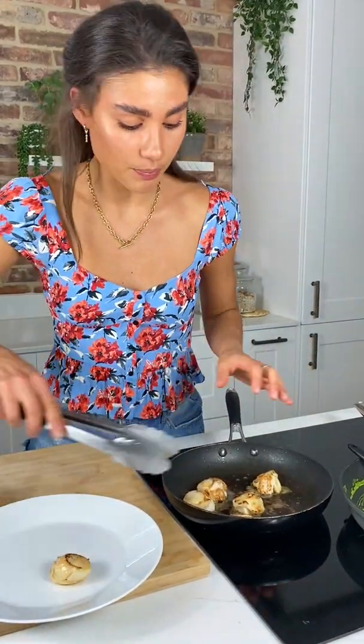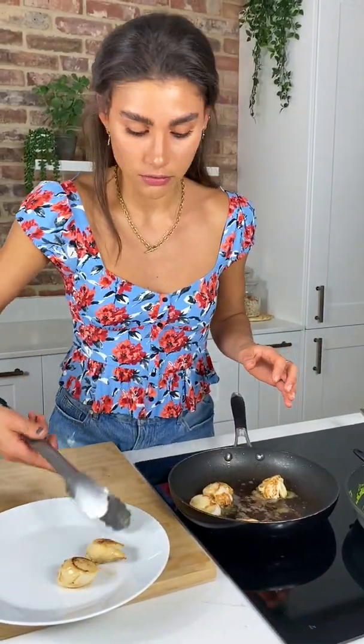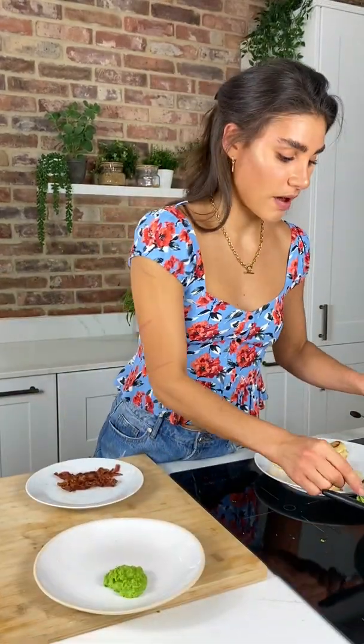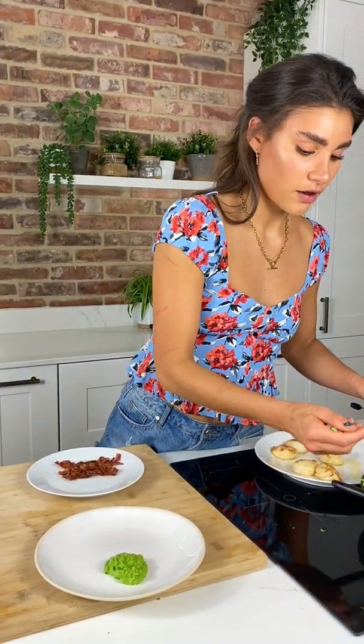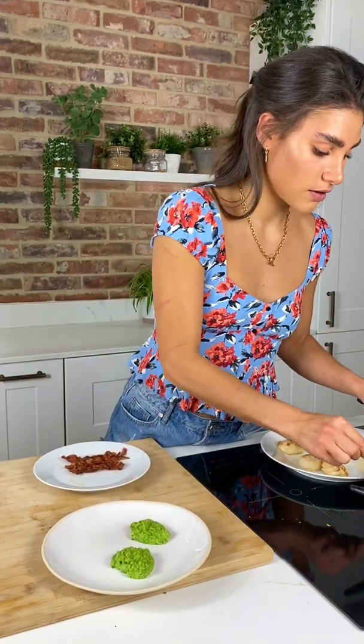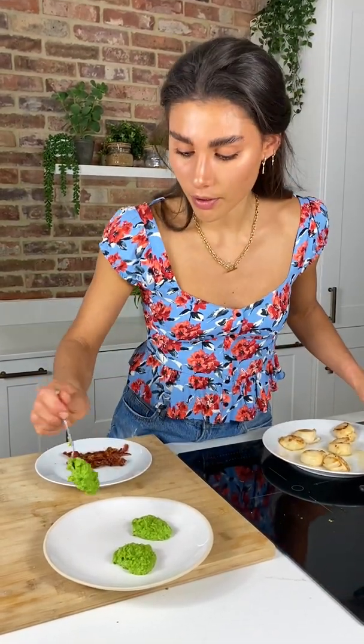As you can see, they've just got a beautiful golden brown colour. Remove these from the heat, and then we just plate up. So you can plate up however you like. I have chosen to serve this as a starter, so I'm going to serve 3 scallops each. Take a good amount of puree and just arrange it onto the plate. And we'll put the scallops on top, and then the